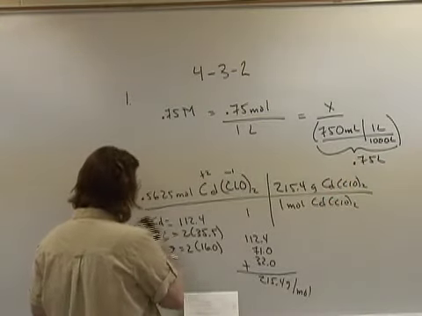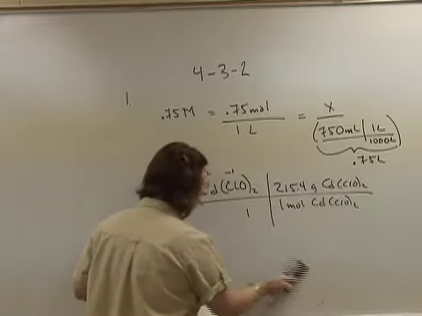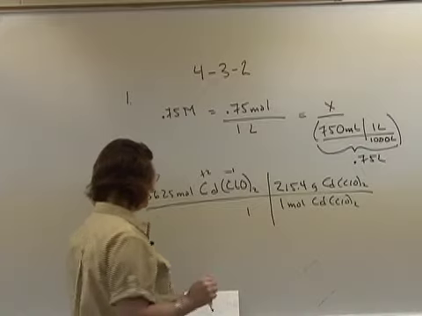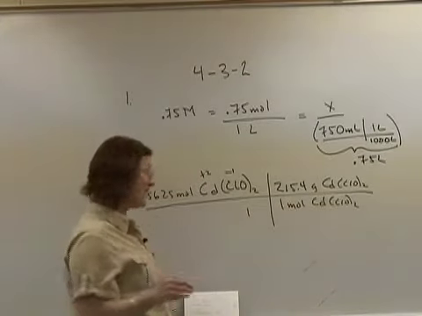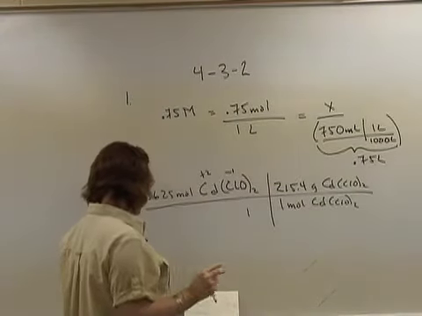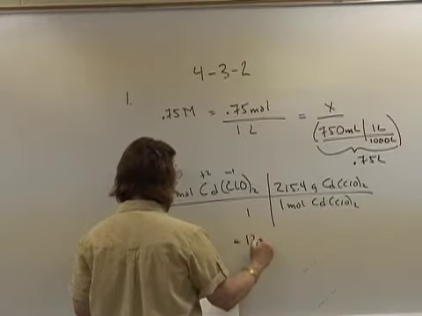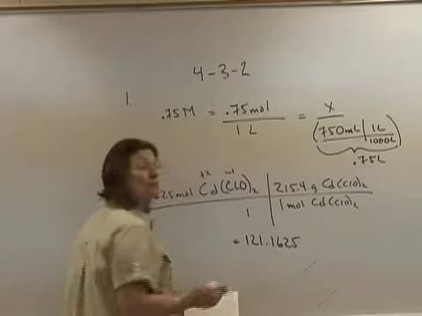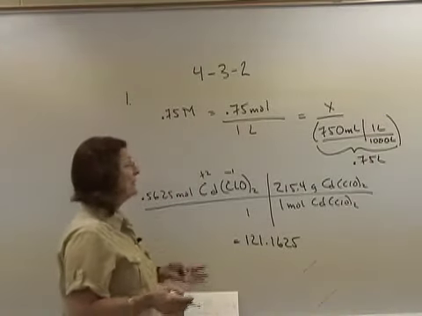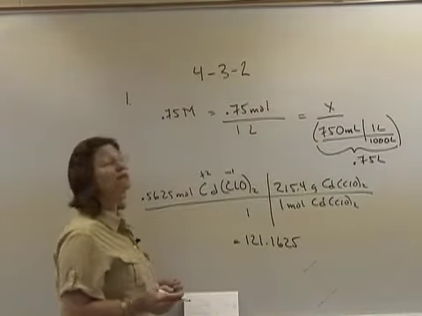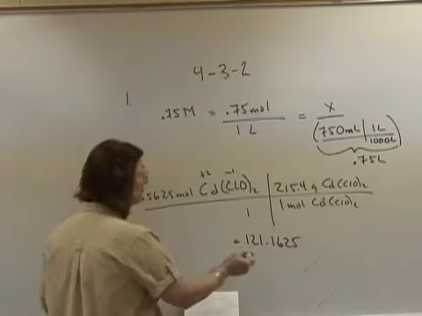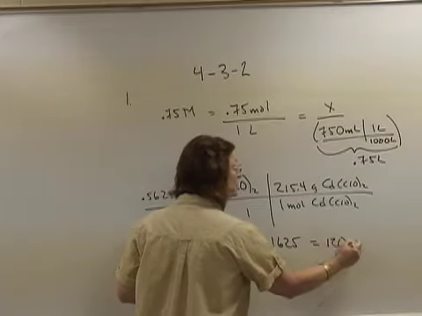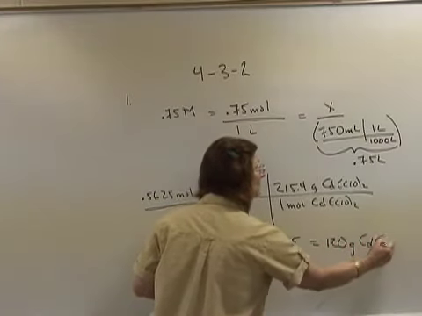And then I'm going to erase this portion. I believe that you're very good at finding the formula masses now. However, I do review them every time. Well, when I do this math, I come out with 121.1625. I look back to my original numbers, and the least number of significant digits given in the problem are 2. And therefore, this 1 does not round this 2 up, and my final answer is 120 grams of cadmium